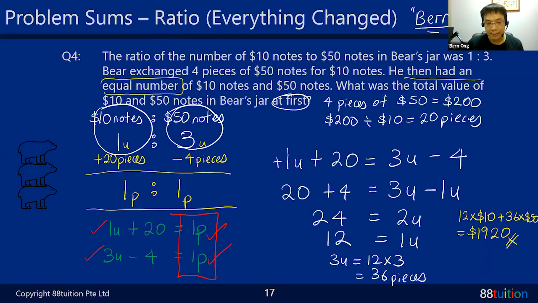All right, so this is question 4. Question 5, the answer is $36. That's your homework. It's exactly the same as question 4. Trust me. And if you can see the pattern, do you know that in questions 1, 2, 3, 4, have you seen these numbers? Can you see these 36 pieces? Or this 1 unit is 12. Look here. 1 unit is 12. Question 4, 1 unit is 12.